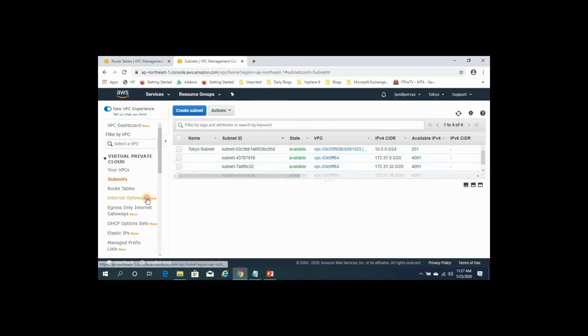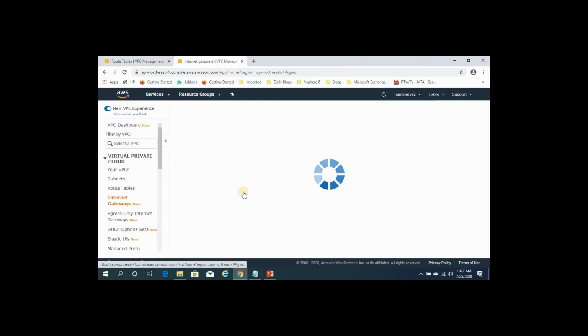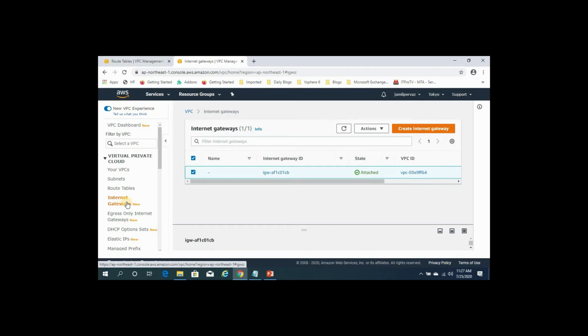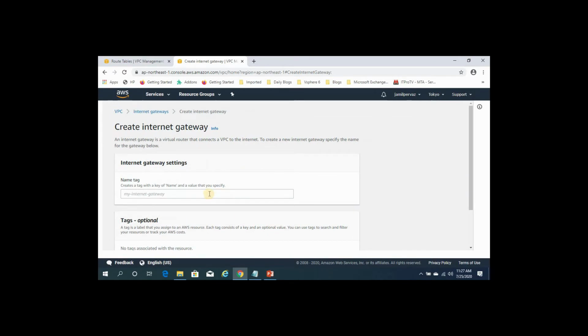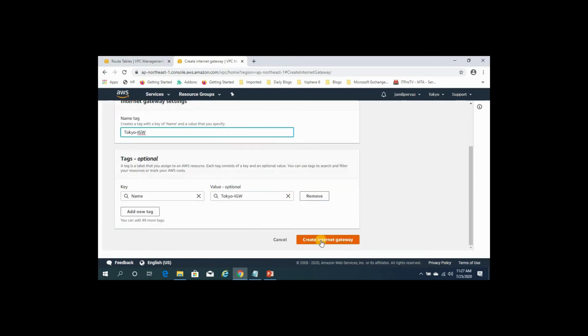So the next step is we need to create an internet gateway. Select internet gateway, click on create internet gateway. I'm going to create an internet gateway in the Tokyo region, so I'm giving the name Tokyo Internet Gateway IGW. Click on create internet gateway.